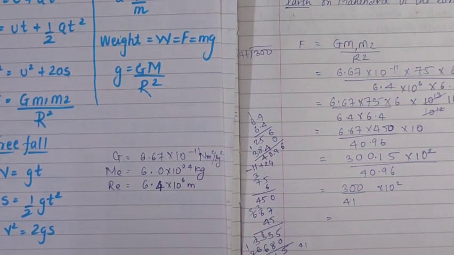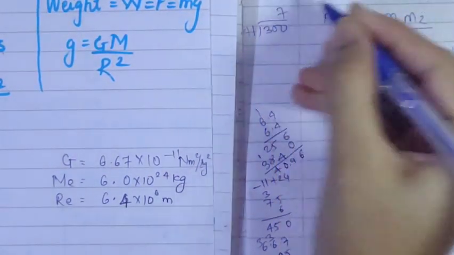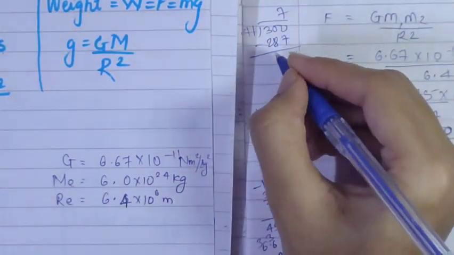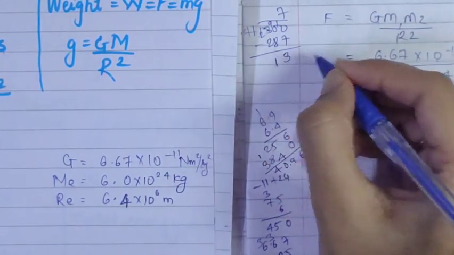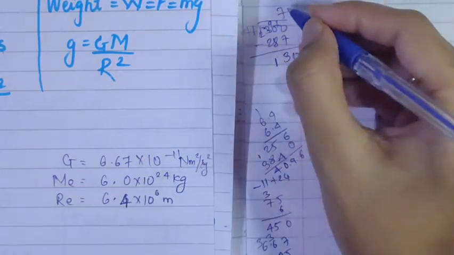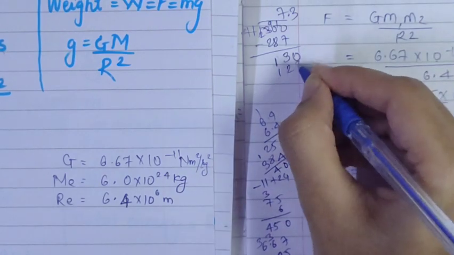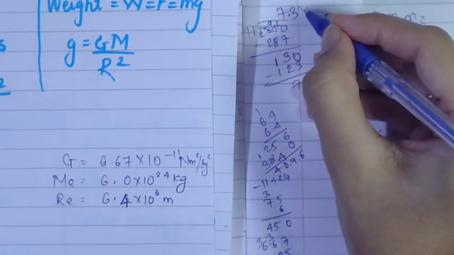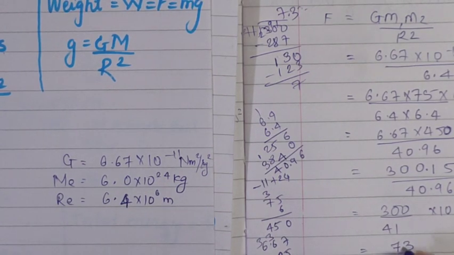300 divided by 41 will be approximately, let's say 41 sevens are 287, say it is. Then after subtraction, what does it come out to be? 291. So this is 3, this is 1, 0. So again, after this it will become 3, it will become 123. After subtraction, this will give out 7. Okay, now this will go on extending. Now what will be your answer here? Approximately 7.3 into 10 raised to 2, that is